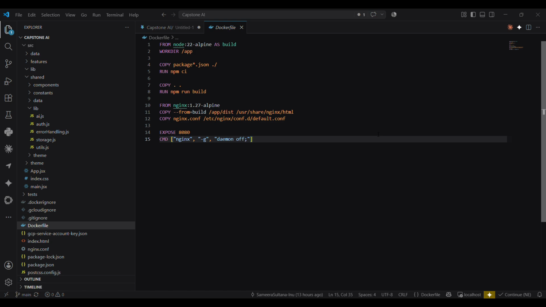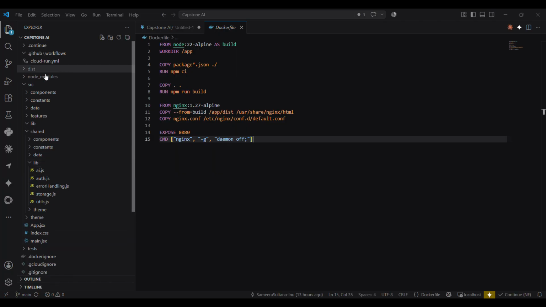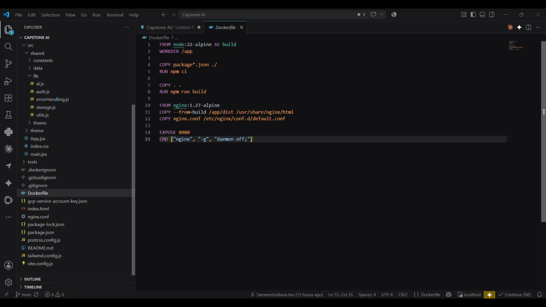Coming to part 1, the core AI use case is in the source folder. This is the document structure in my file explorer. For development and deployment of my application, I have been using the VS Code IDE and